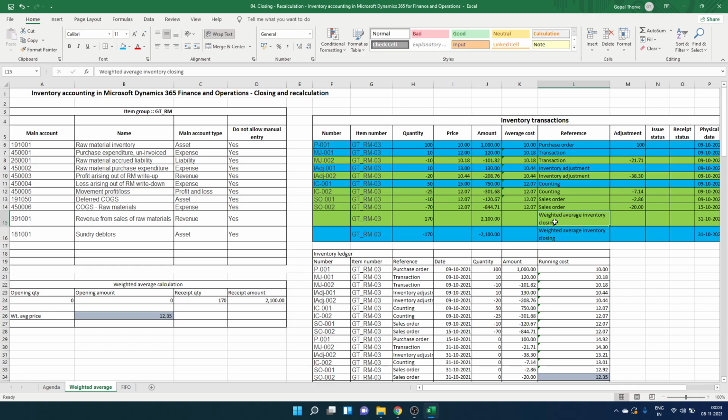So while calculating weighted average, the system ignores all the marked transactions, and it only includes all the transactions which are financially updated, like GR product receipts which are invoiced,